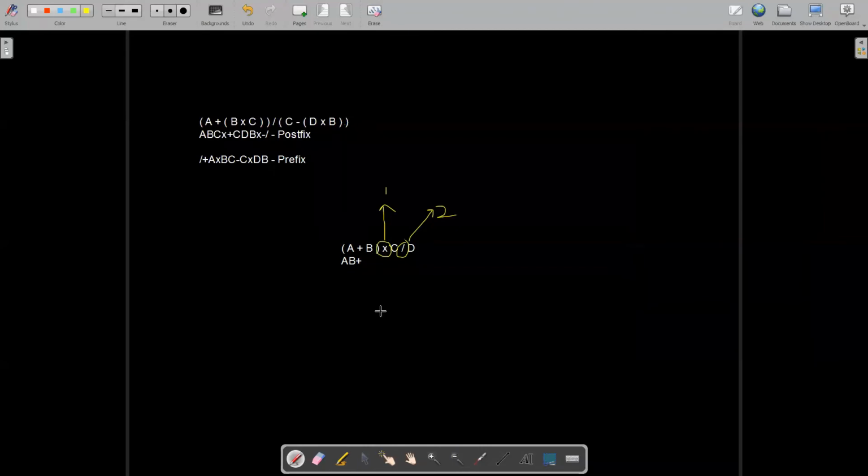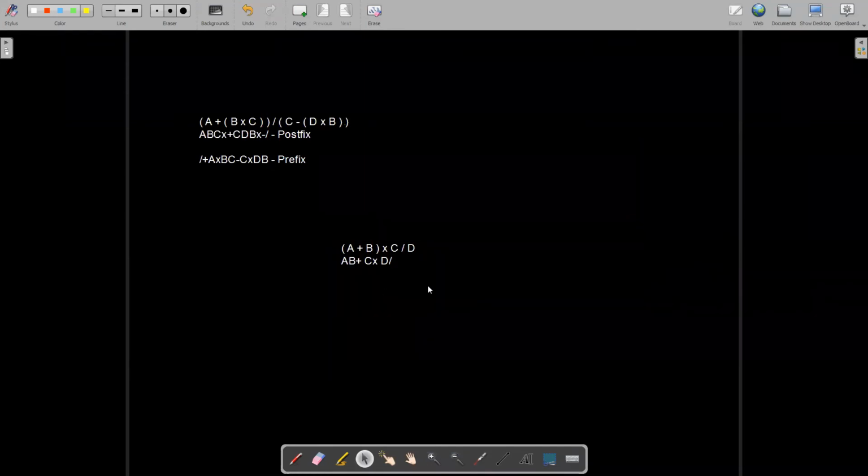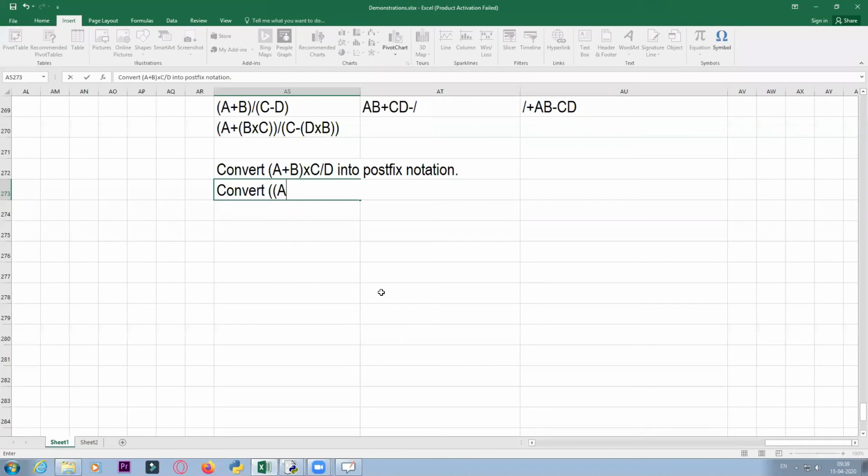So this one comes first, this one comes second. So first what will be solved? Multiplication will be solved first. So let us do that. So in this into c, so c, that means I'm multiplying this a plus b with c. So a, b plus c, and into multiplication will be written here. Then you have d. Now you have already solved this part. This is one operand and d is another operand, and division is an operator. So d and division. So your answer should be this. Let us proceed with the next part. Another question I'm giving you.